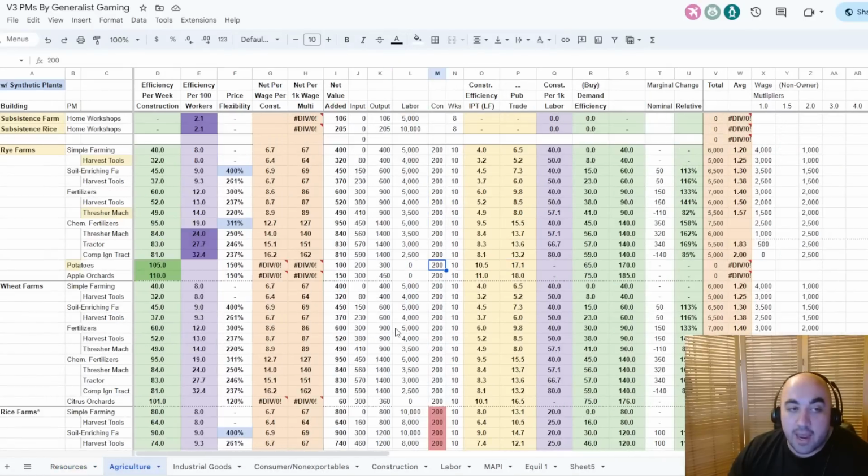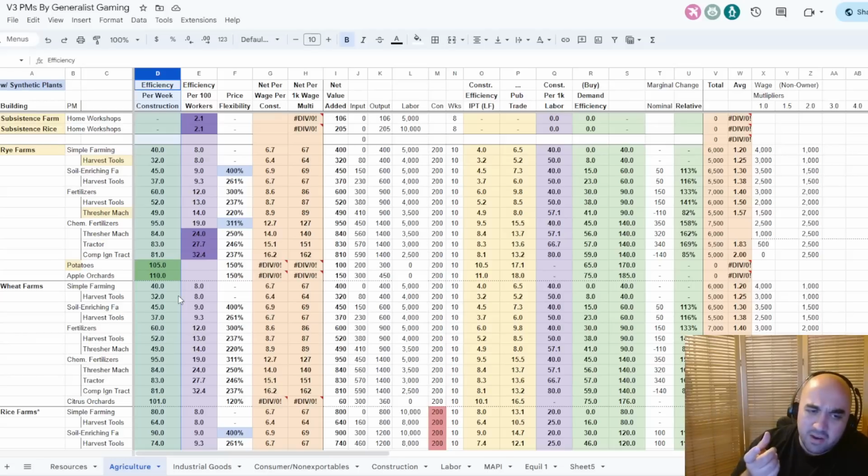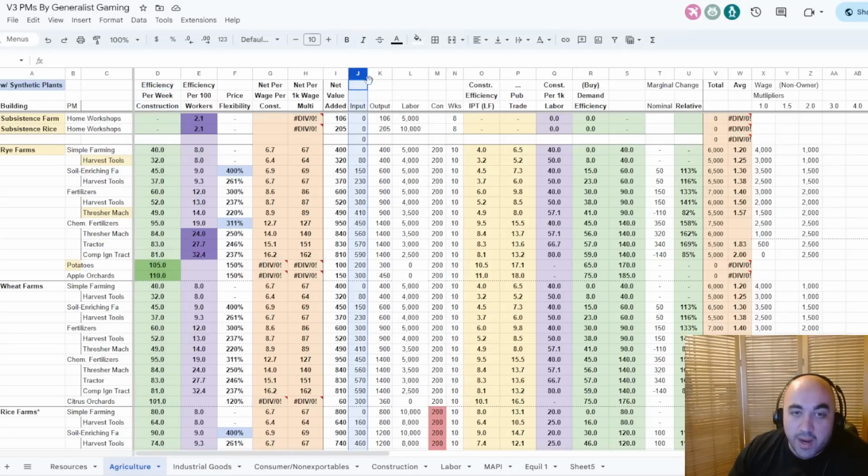Coming into the agricultural tab, we see a very, very huge change in all of the farming. Now, we have highlighted in orange things that have gotten changed, and to be fair, we need to take another look at the subsistence ones, because I actually do think it's under 106 and 205 here, because I think they nerfed more than just grain, but we see a huge nerf in grain. Generally speaking, the PMs, the efficiency per week of construction, way down on all of these, because what has been done is fertilizer inputs have gone down slightly, but other than that, grain output has gone down by roughly 40%,